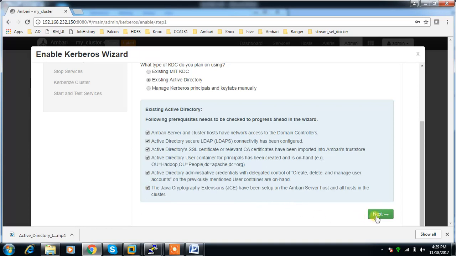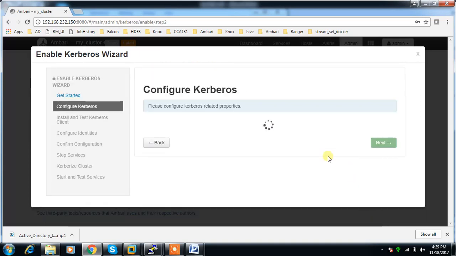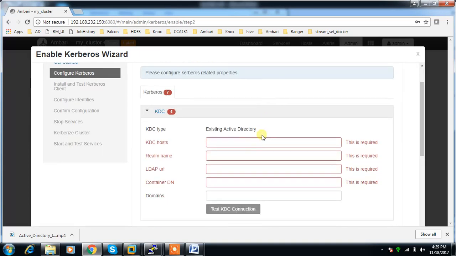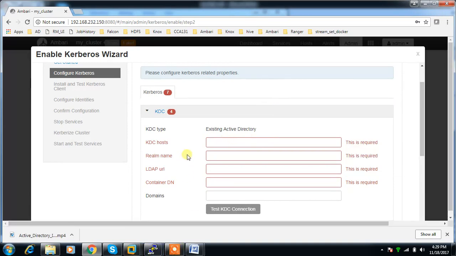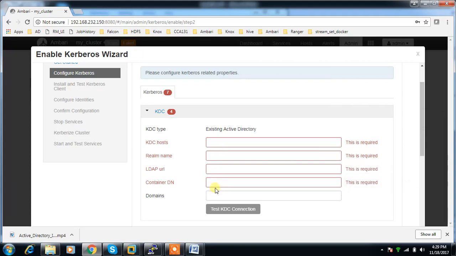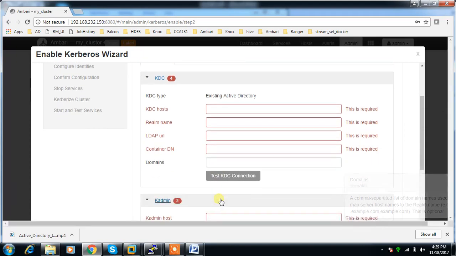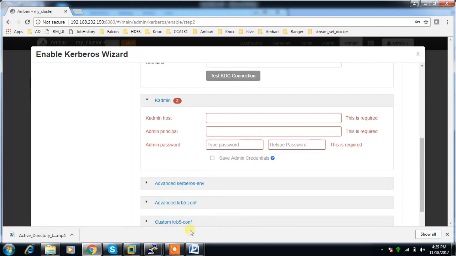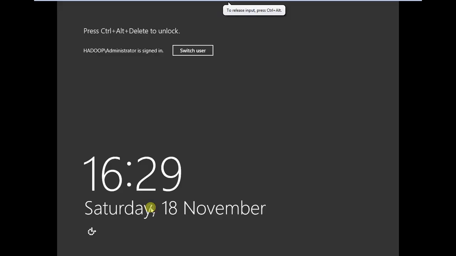So everything is done. So now here we will have to use those details like IP address, then realm name, then URL, container distinguished name, the domain, etc. Right. So let me get those details